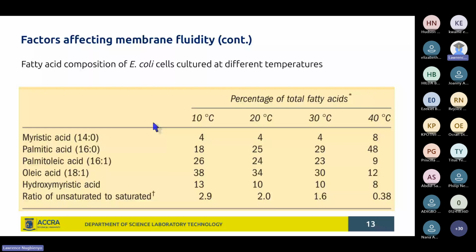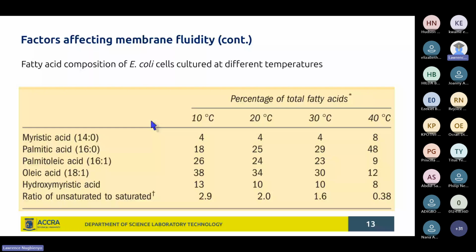In this study, E. coli cells had been cultured at different temperatures, and the composition of the cell membrane of the E. coli cells at these different temperatures was then studied. And you see that there are differences in the composition of these E. coli